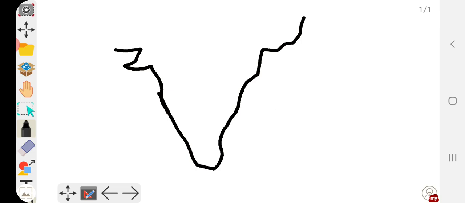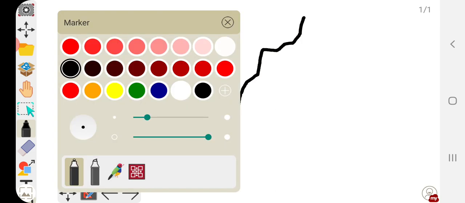Now I'm writing some of the values during a particular season. Suppose it is a summer season. Okay, now during the summer season,